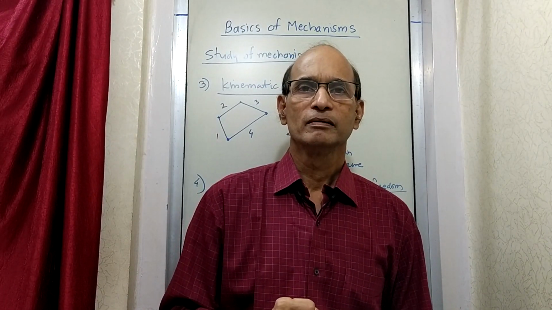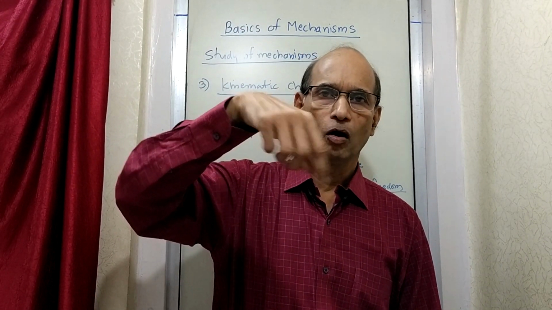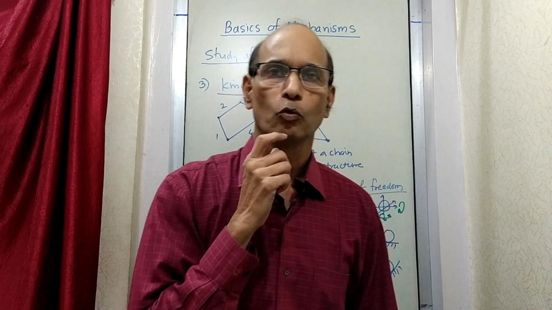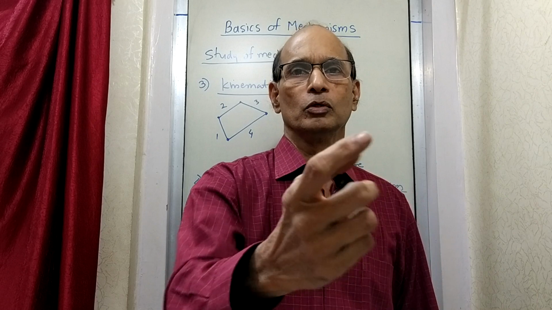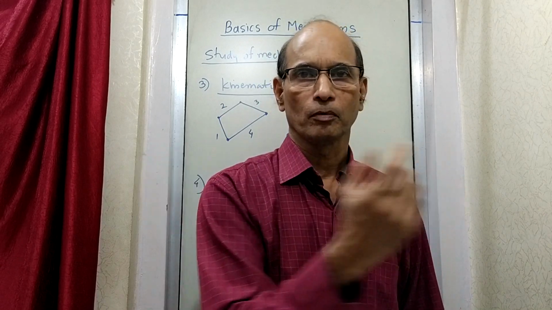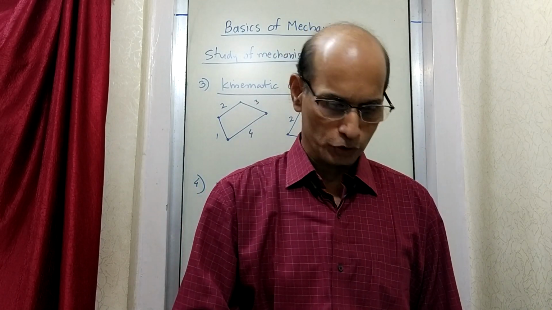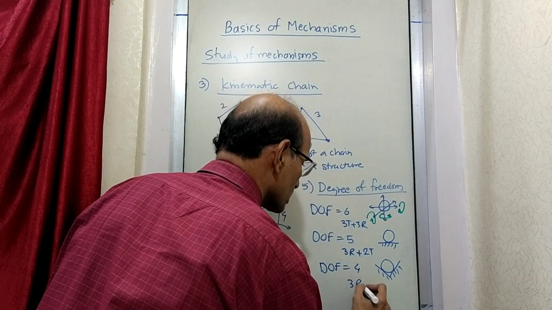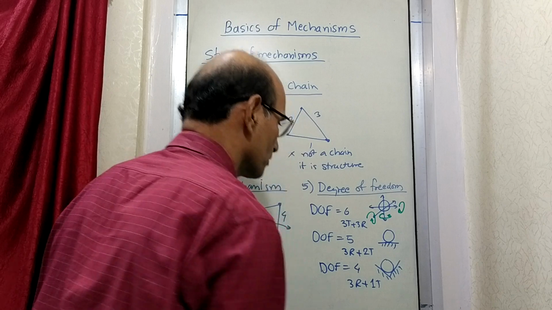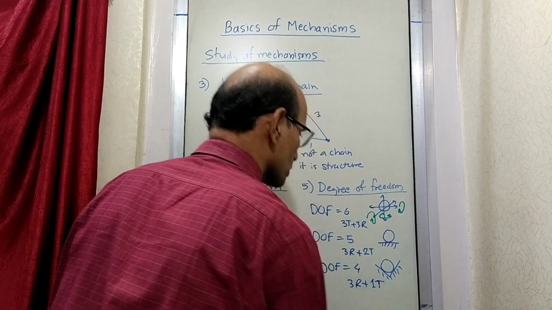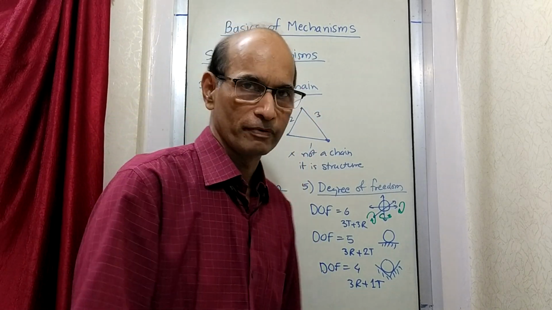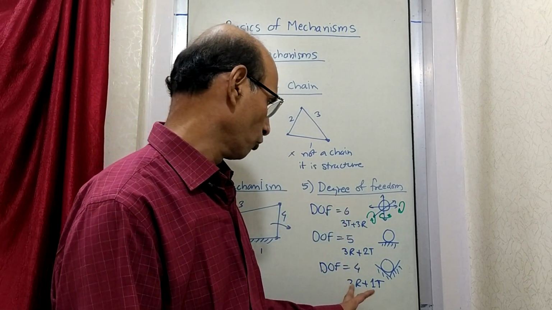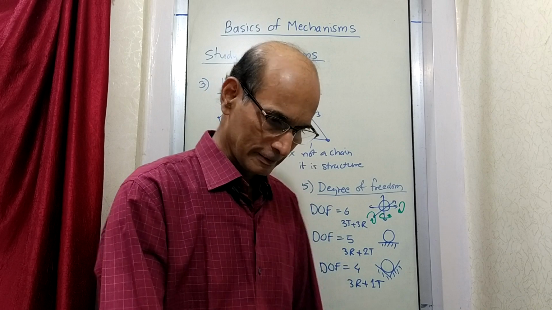Now what you can see? This ball will still have all the three rotary motions, but the translational motion will be only along the groove, along the length of the groove. It cannot perform the other two translational motions. So this will have three rotations and just one translation, to make it 4 degrees of freedom. So 4 ways it can move basically. So degrees of freedom are 4 for this case.